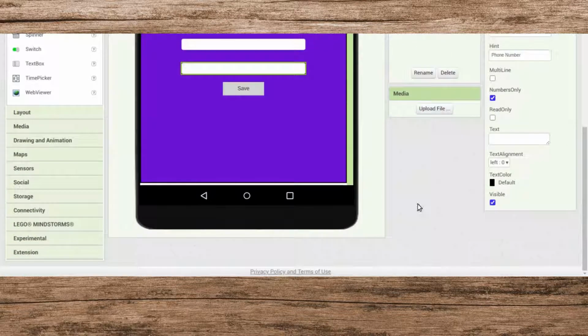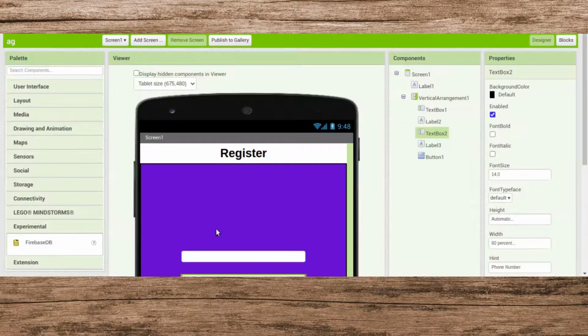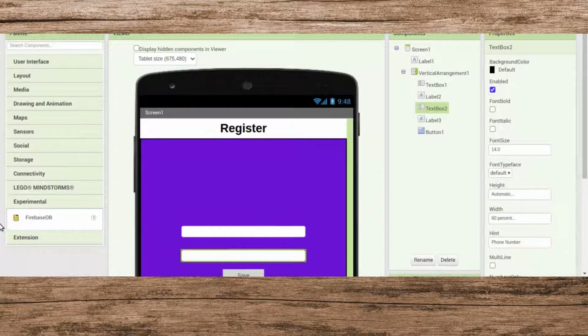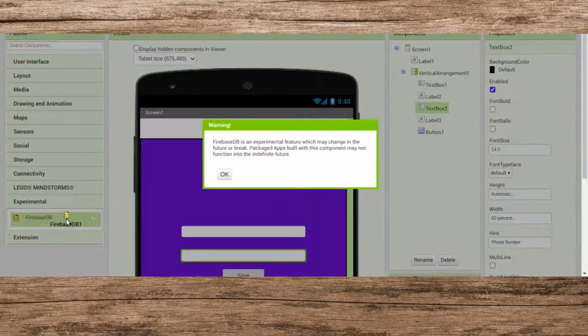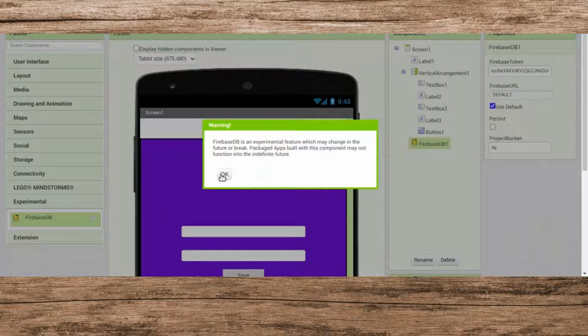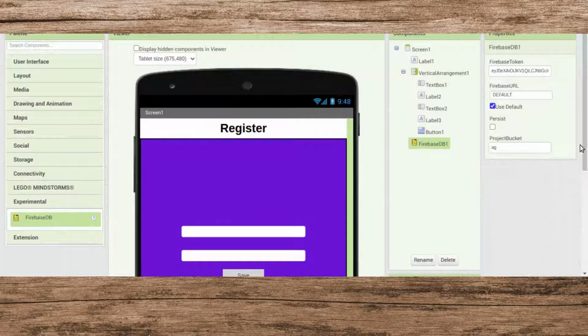And go to this experimental and drag and drop this FirebaseDB1 and you can see the warning. Just read it and just click on OK. And you can see, just click on the FirebaseDB1. You can see the properties here. Just click on the tick mark